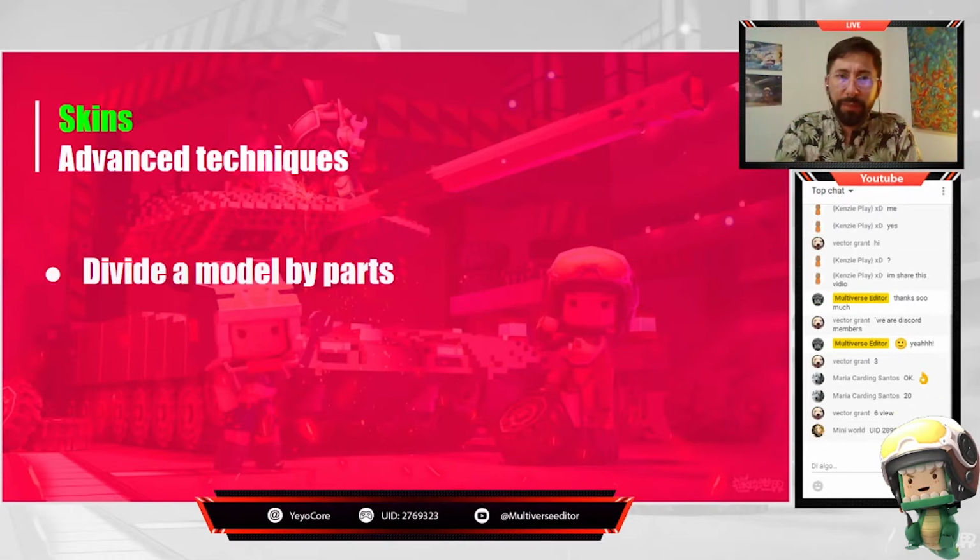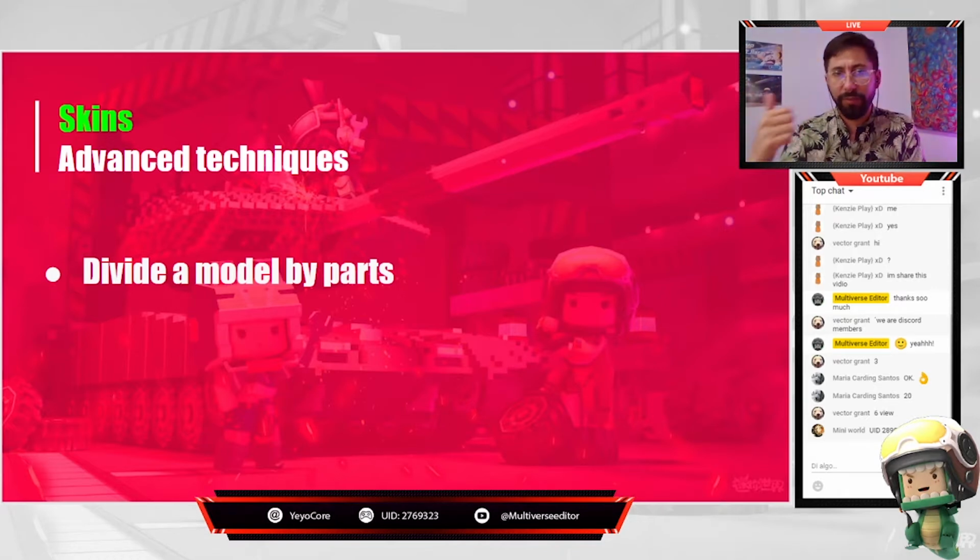Start with the first point, and my first advice to you guys is if you are going to construct any kind of model, if it's a car, if it's a person, if it's a character, if it's a weapon, don't build everything with just one miniature, do it by parts. Why? Because it's going to be much easier to manage. You can change the size, you can change some specific things for it, and also, very important, if you are creating skins, you will be able to remove some parts or change some parts of the model without having to